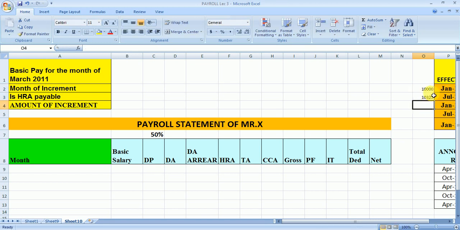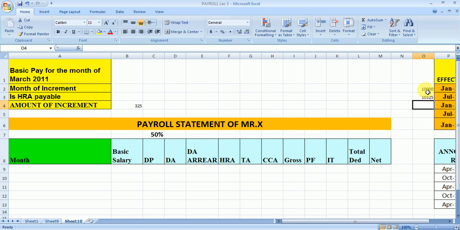Fine. So this is really the amount. Or what we can do here, we can change this amount. As we know, in this question the amount of increment is fixed, so we can write 325 here. Instead of writing 325, we can select this cell. So in this way we can give the referencing and we will fix it. Fine. So if the person joined at a pay scale of 10,000, and the increment is due for that person, he will be getting the 10,000 plus the amount of 325. So this is the amount of increment which is fixed.